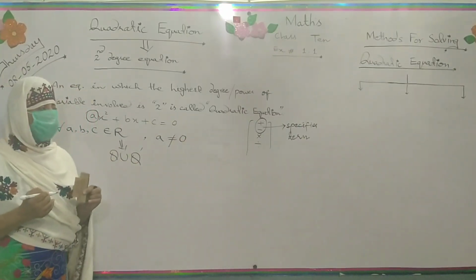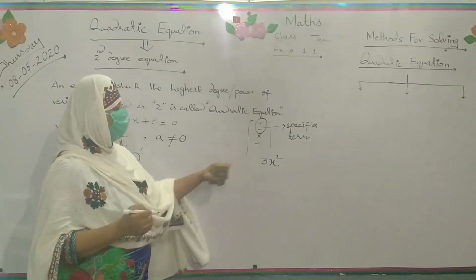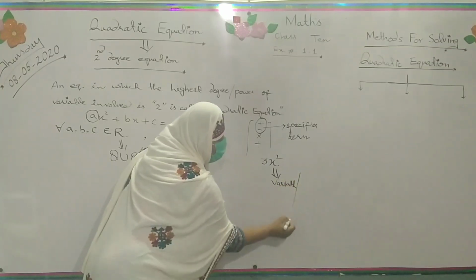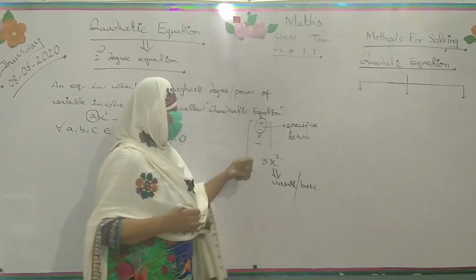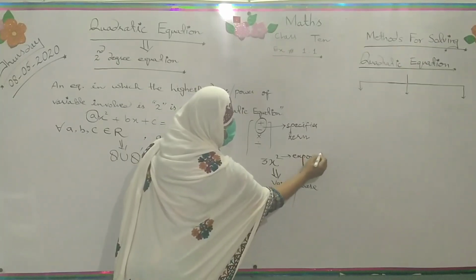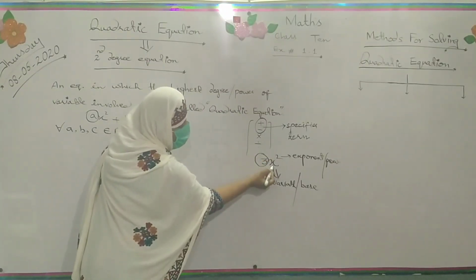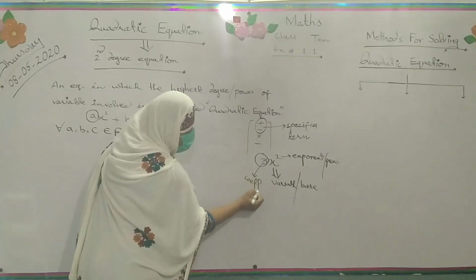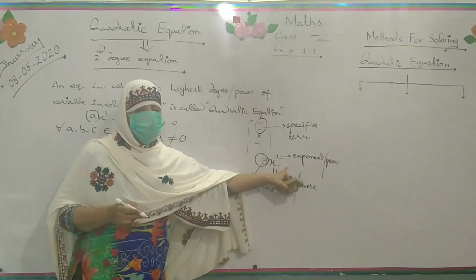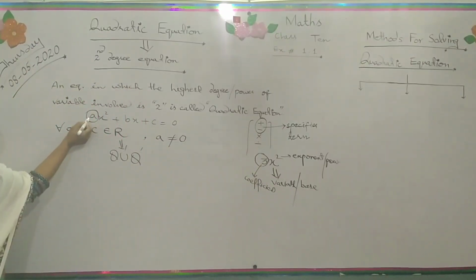Now I have used the term coefficient. Suppose, students, I have an algebraic sentence 3x². In 3x², this x is known as variable or base. The constant which is above the base is known as exponent. I also say this is power. And the constant which is multiplying with a variable is known as coefficient. You can say a constant that is multiplying with a variable is called coefficient. It means here, what is this a? This a